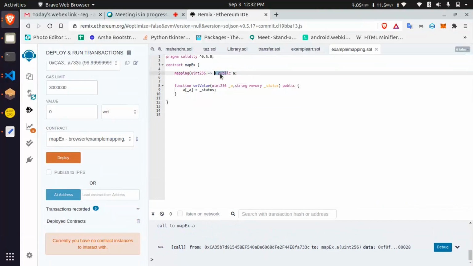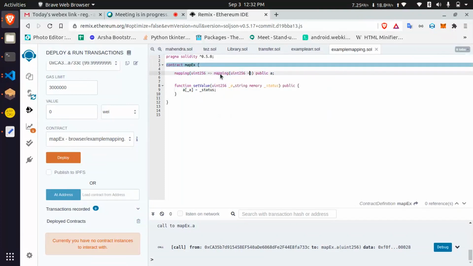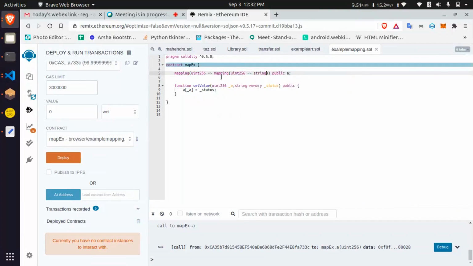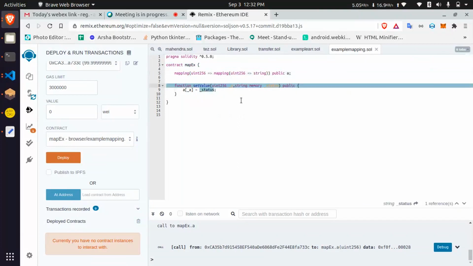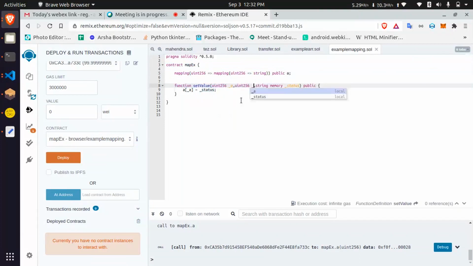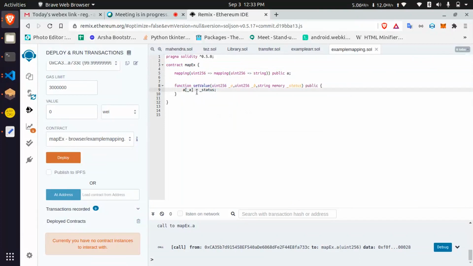Let's say, instead of this, create a mapping of uint256 to uint256. So we need to pass one more uint256 underscore b, and modify underscore b here.